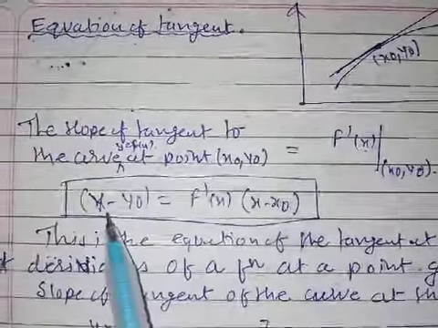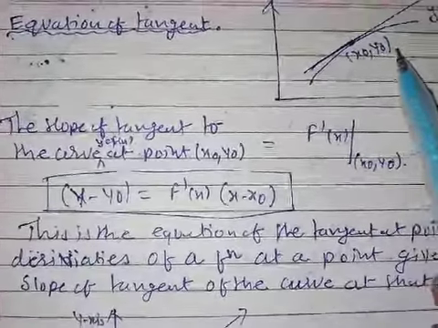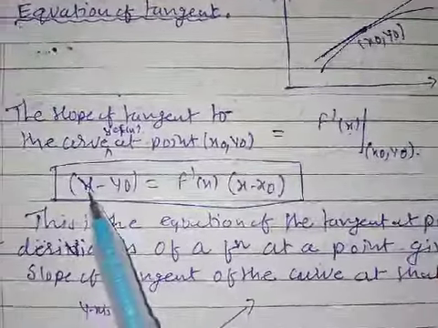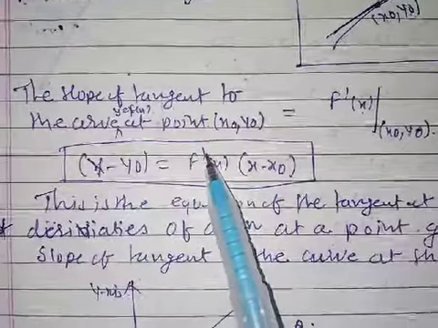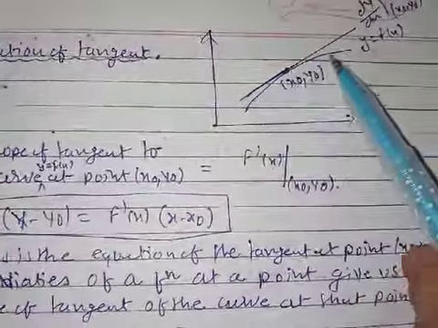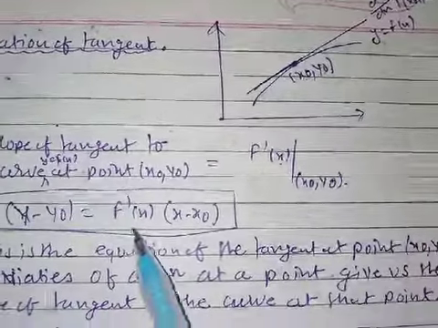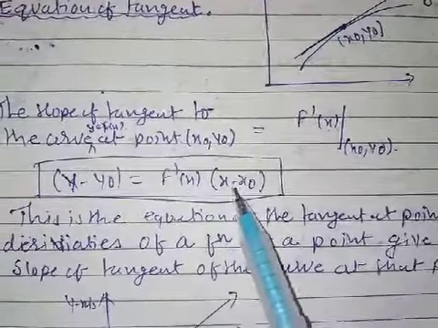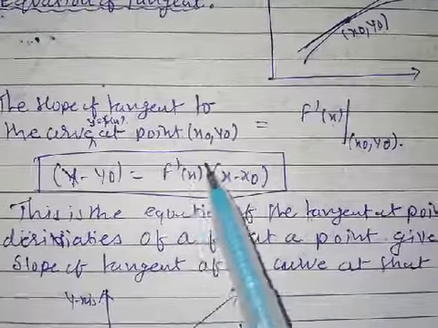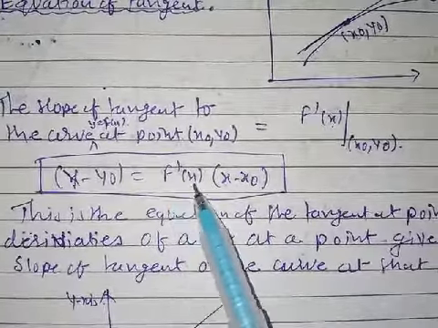So what is the equation of the line? Y at a point x0, y0. So y minus y0 is equal to f dash. You have to take the derivative of the equation of the curve. If the curve is there, an equation would be there. You have to take the derivative of it, times x minus x0. This f dash of x is called the slope of a tangent.